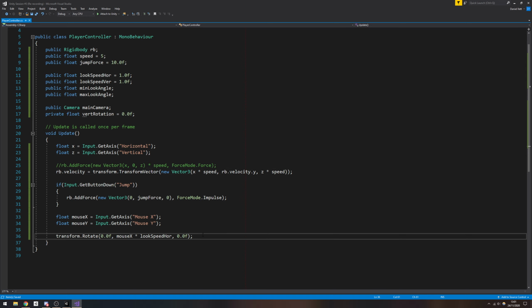Now, you would think that we can just also say transform.rotate along the x-axis to do the vertical look. But the problem with doing this is that you encounter a problem when you try and rotate around the axes. You'll end up with a weird rotation if you're just rotating the same object along two different axes. It's a little bit complicated to explain, but there's a problem called Gimbal Lock, for example, where if you end